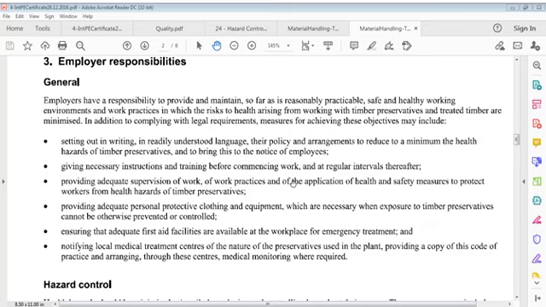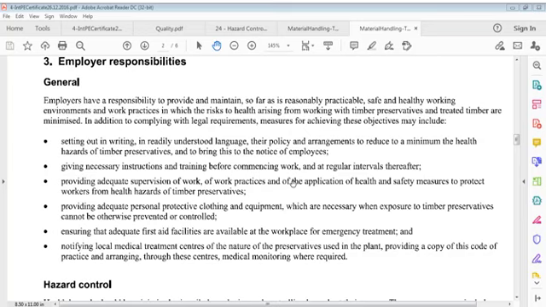In addition to complying with legal requirements, measures for achieving these objectives may include setting out in writing, in readily understood language, policy and arrangement to reduce to minimum health hazards of timber preservatives and to bring this to notice